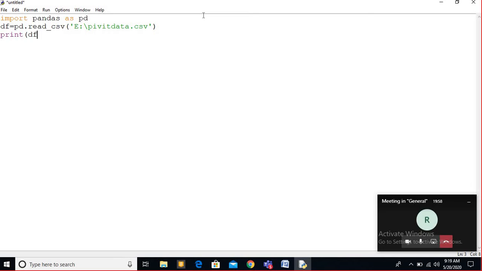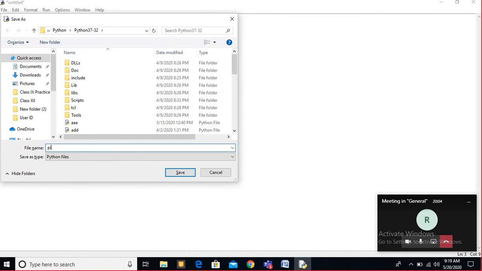So, print df. Now, I have to save this file, so let it be pv1.